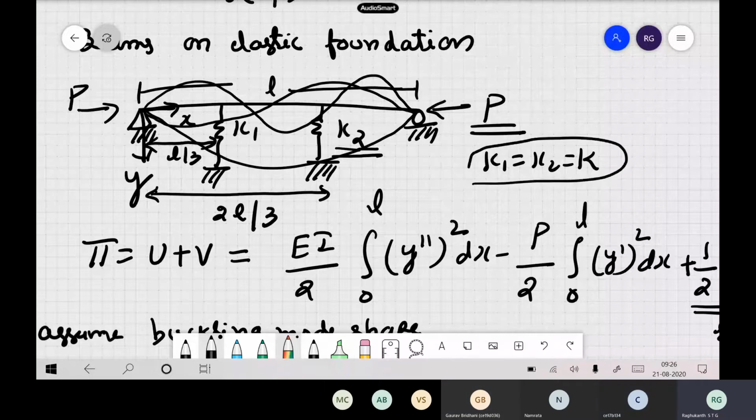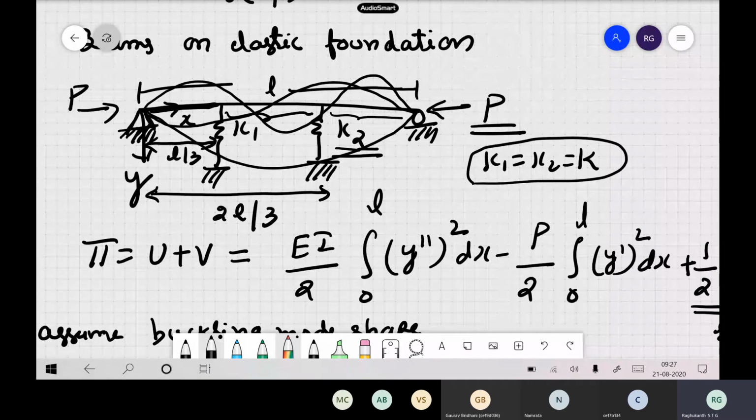So depending on k, suppose k1, k2 are almost close to 0, then it will buckle in first mode itself. Suppose k1, k2 are rigid, that is infinity, definitely it is going to buckle in third mode itself. If k1, k2 are infinity, what happens? This portion itself becomes one column, simply supported here, fixed at the end, and this portion becomes like a fixed column, with the roller condition. So your buckling mode depends on your k1, k2.